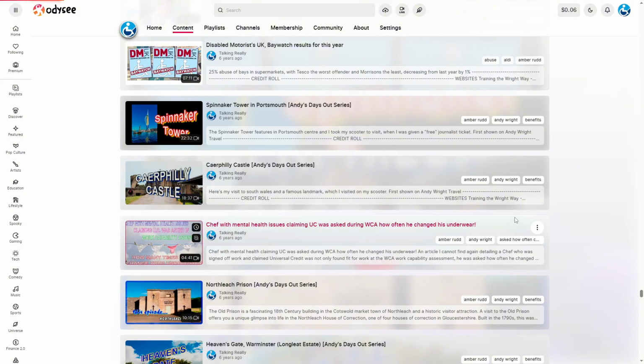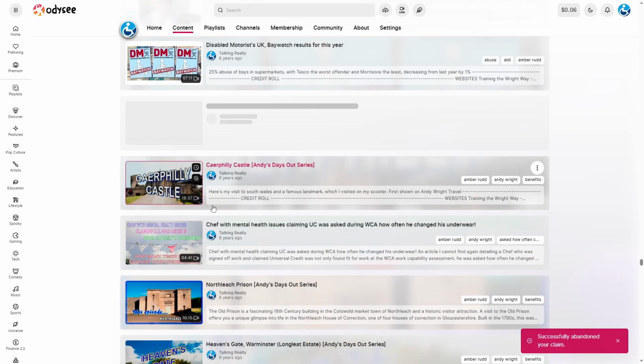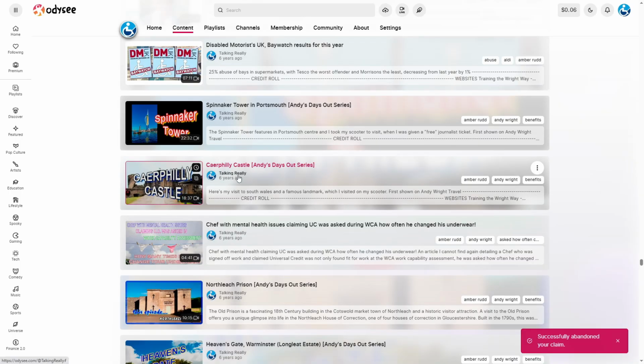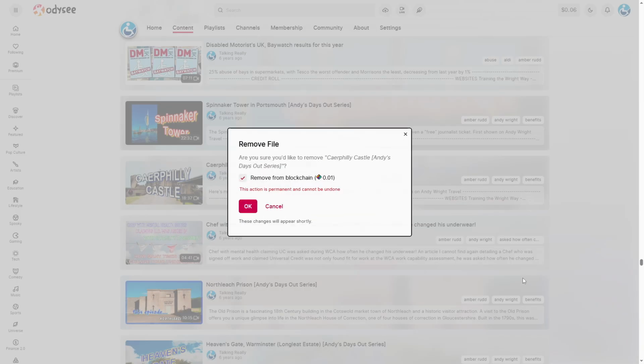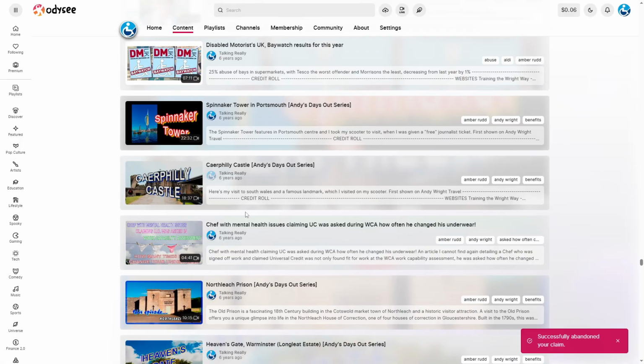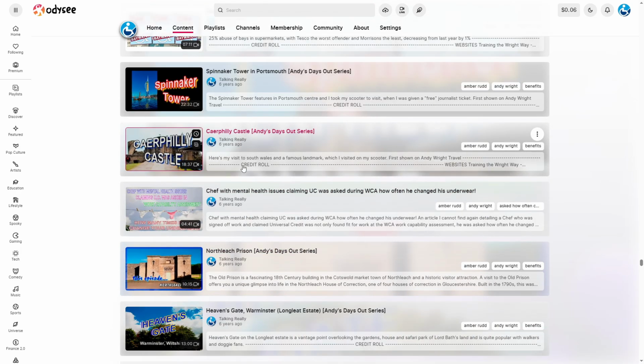The trick is to ensure that it does say the correct channel, otherwise you'll find that you will delete the real one from the other channel. Delete. It is a long, laborious process of deleting, and what you'll find is that they will reappear because they haven't actually gone yet, so they will reappear. So if you try and do it again,